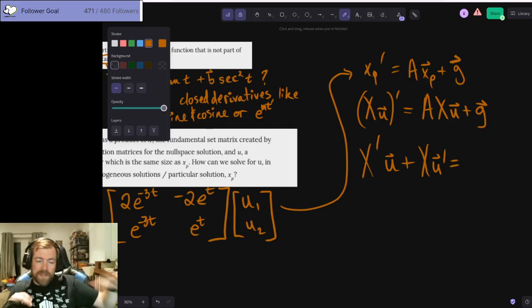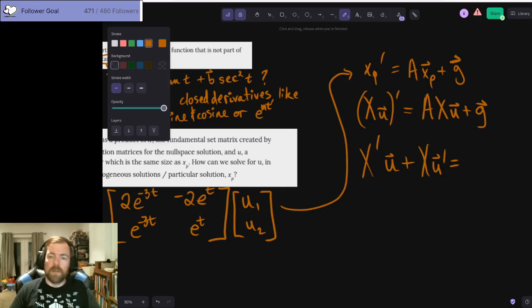Right, so it wasn't the case when we had a T matrix that we needed to differentiate T. Why is that? Wasn't T a constant matrix? Yeah, it was just made up of our eigenvectors. So in this case, these aren't eigenvectors anymore. Now they include the fundamental set of functions as well. Because it's also a function of T, we need to differentiate both parts, and since it's multiplied together, our matrices act more or less the same way as regular functions of T. So we need to multiply them together using the same product rule that we had for Calc 1.